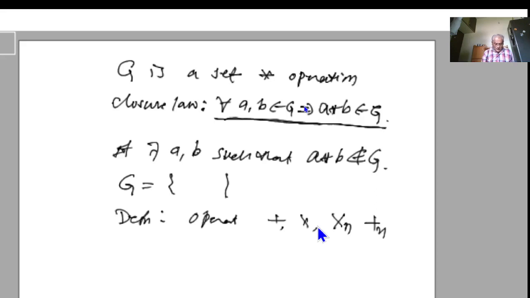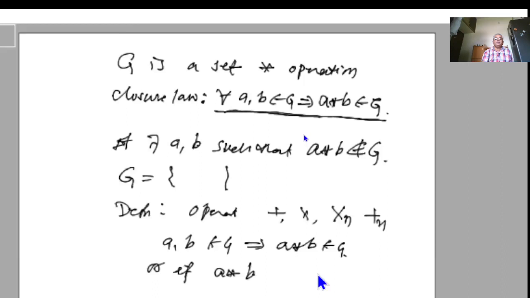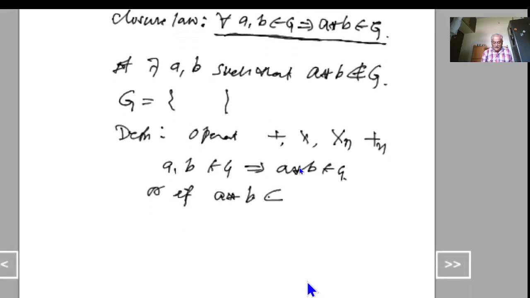And then we consider A and B belonging to G, and we try to prove that A star B belongs to G. Otherwise, if there exists some A and B such that A star B does not belong to G, then we say that the closure law is not satisfied. Otherwise, the closure law is satisfied.